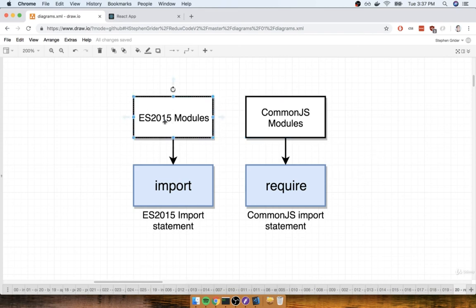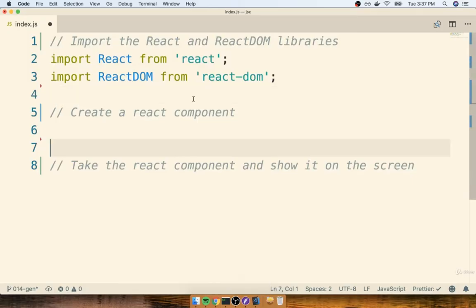If we're using ES 2015 modules, and that's what you and I are using, we use the import syntax in order to import other files or other code. But if we make use of the CommonJS module system, we make use of the require syntax instead. So if you've ever seen these two different types of import or require statements, essentially they're just making use of different module systems.